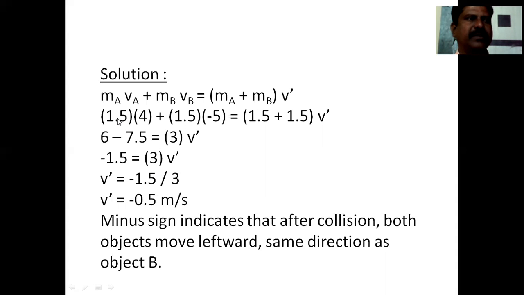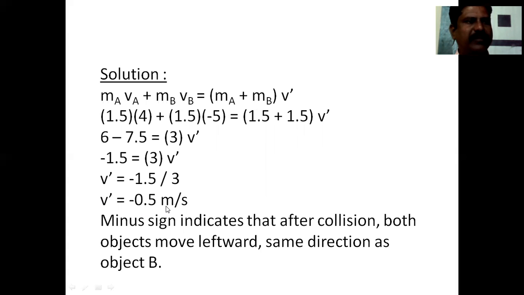Now insert the values: 1.5 into 4 plus 1.5 into minus 5 equals (1.5 plus 1.5) into V dash. Therefore it becomes 6 minus 7.5 equals 3 into V dash. So minus 1.5 equals 3 V dash. Therefore, V dash is minus 1.5 divided by 3. So the final velocity of objects A and B is